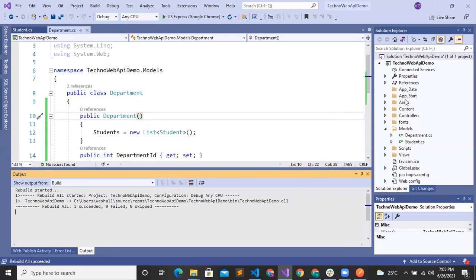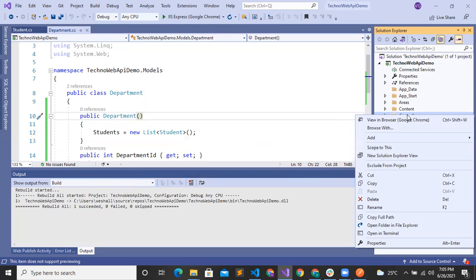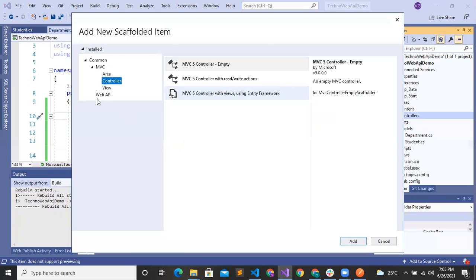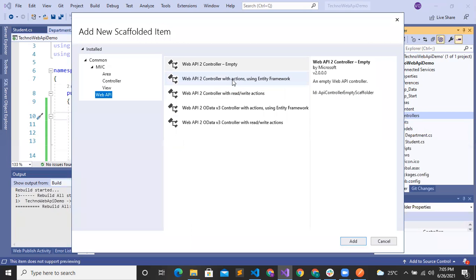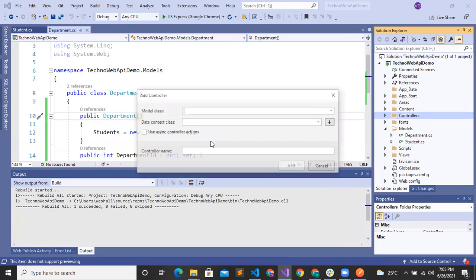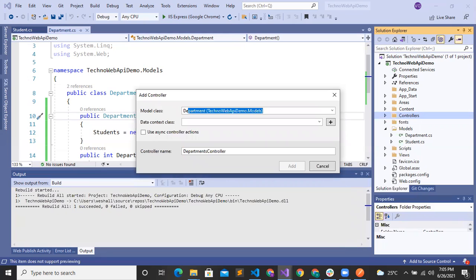Yes, rebuild succeeded and we are ready to go. We'll start the controller creation process again. Select add controller, choose Web API controller with actions using Entity Framework, select add, and now select our model class, Department.